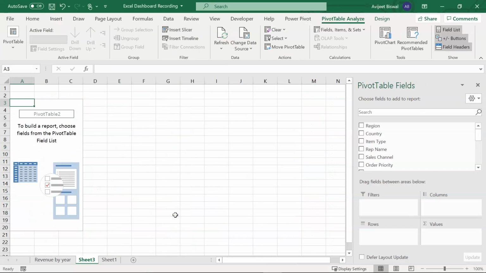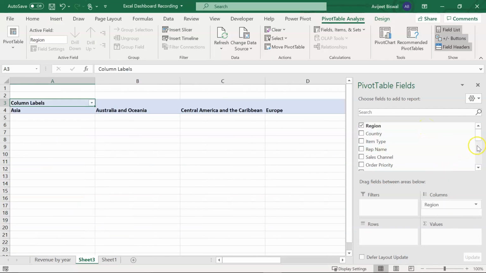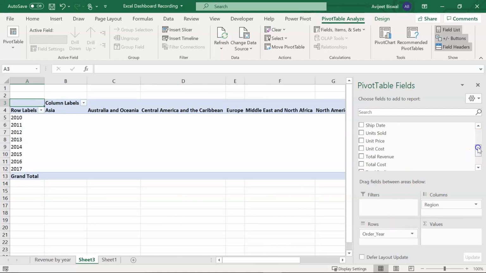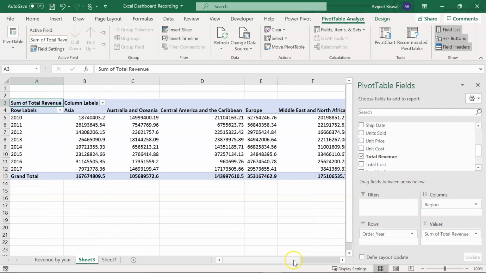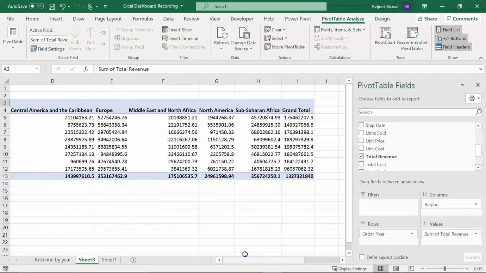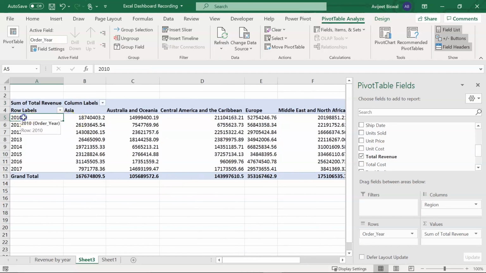Alright. Now this time we want the revenue by each year and region. So first of all, let's drag region to columns. Then let's drag the order year column under rows, and then I'll select total revenue onto values. So here you can see we have the pivot table ready. For 2010 you can see in Asia this was the revenue generated.